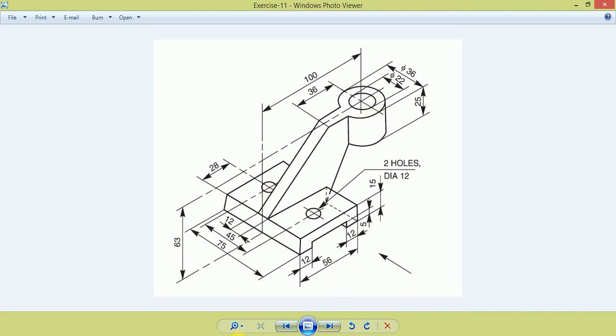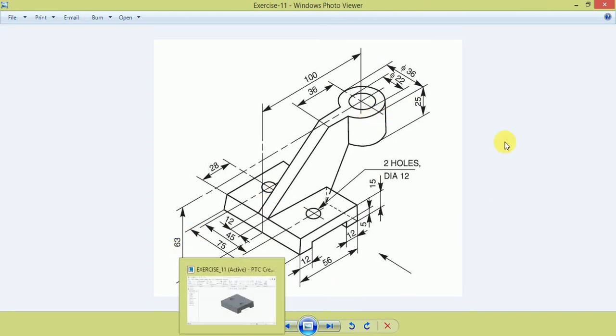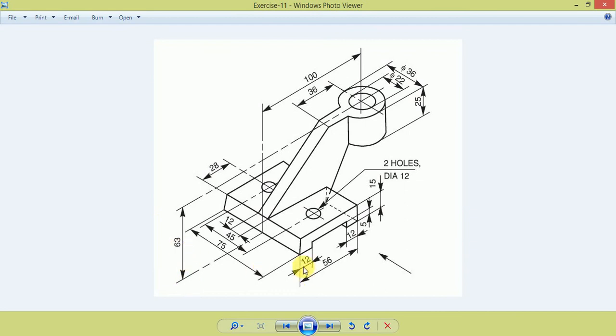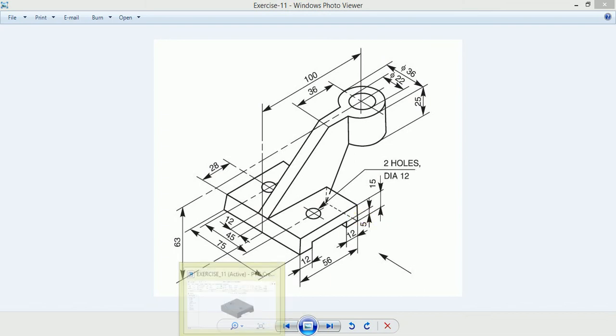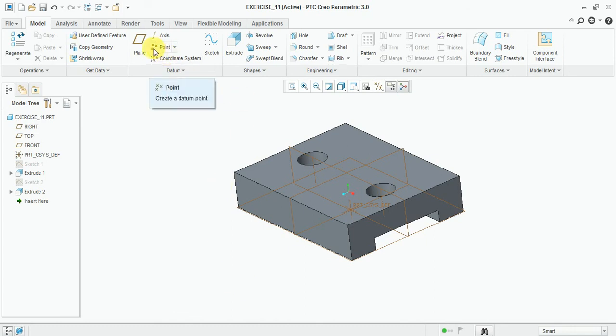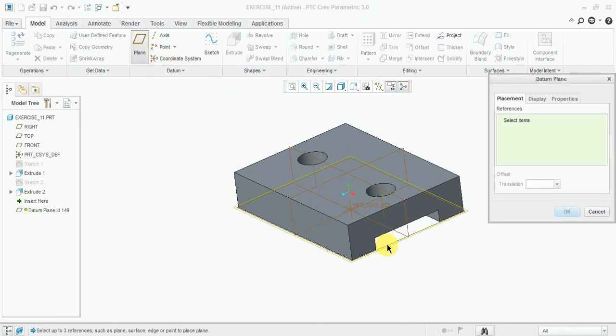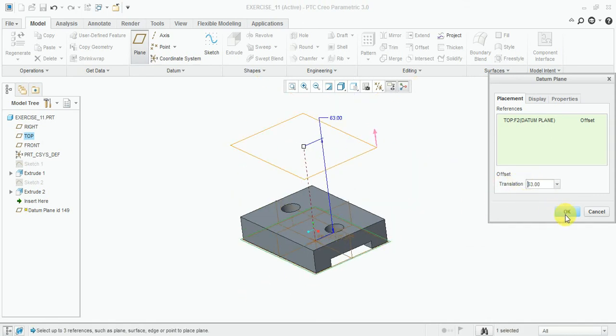Now first of all we take a plane from this bottom plane 63 mm. Select plane, select this plane and enter 63 mm.